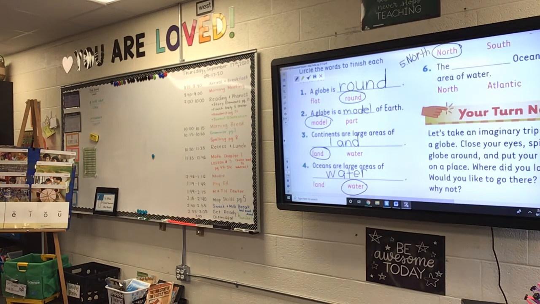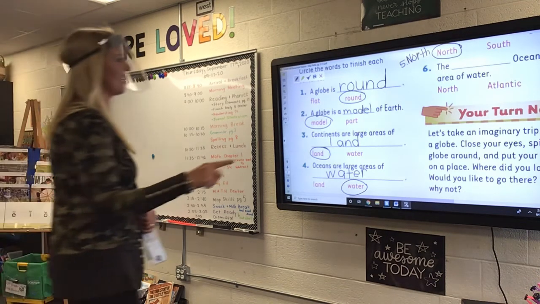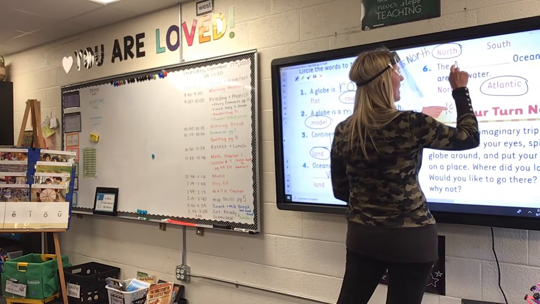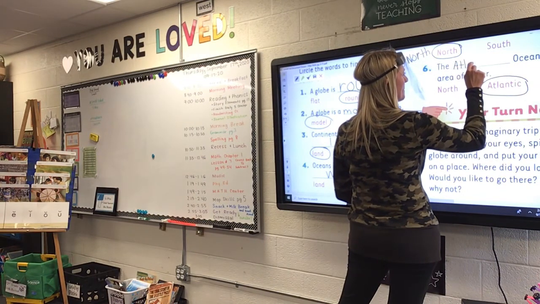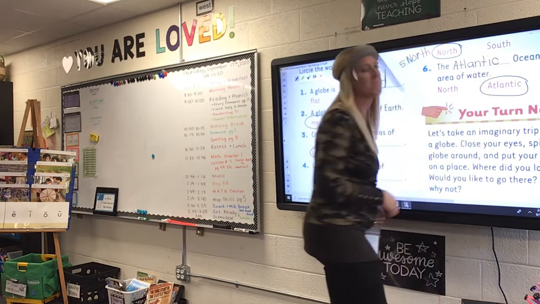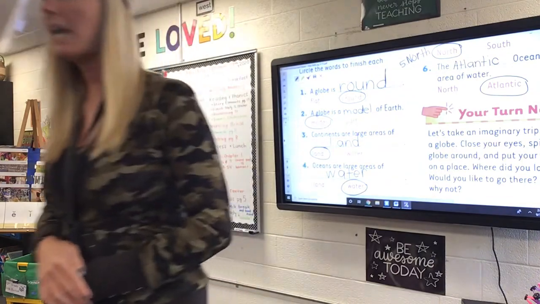The blank ocean is a area of water. Is it the North Ocean or the Atlantic Ocean? What do you guys think? There is no North Ocean. Atlantic Ocean. So Atlantic, we're going to circle it and then write it on the line. When you have all 6 of them done, you can quietly